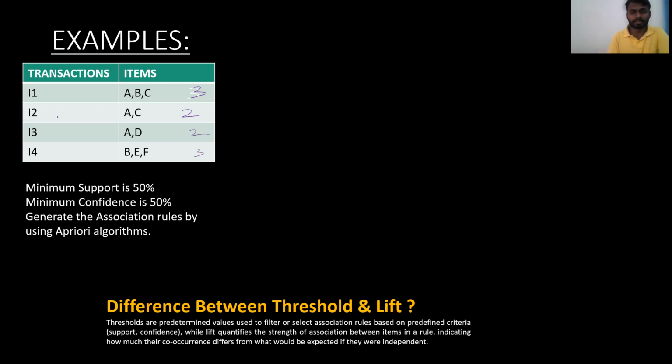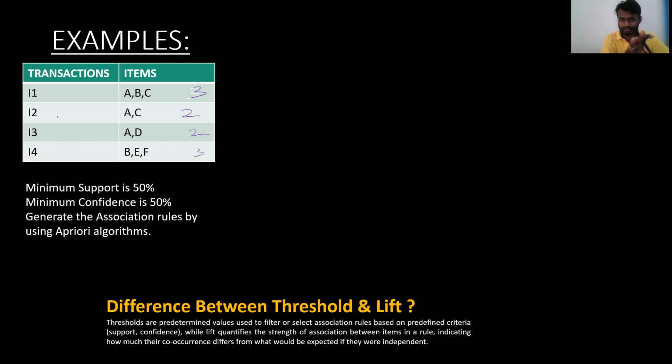So one person is coming. Let's assume I'm the person. I'm going to Big Bazaar. I'm buying 3 items: the A item, the B item, and the C item. Let's assume A is chips, B is chocolate, and C is something else, say Maggie. So similarly, you are just buying these things.